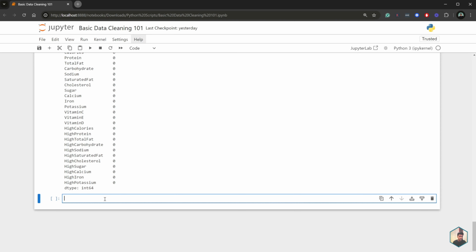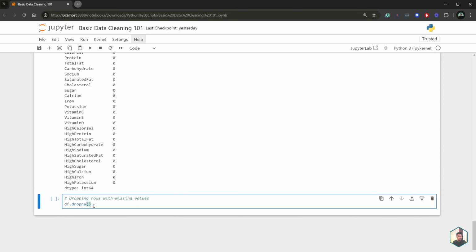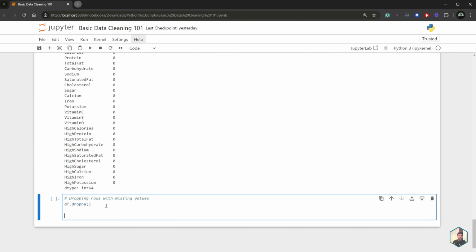So say for instance, we actually had some missing values in this data set. How we can remove them is by running df.dropna(), and that would get rid of all the missing values. There are actually a few ways that you can deal with missing values in your data set. One is obviously deleting all the rows with missing values. However, there are other methods.